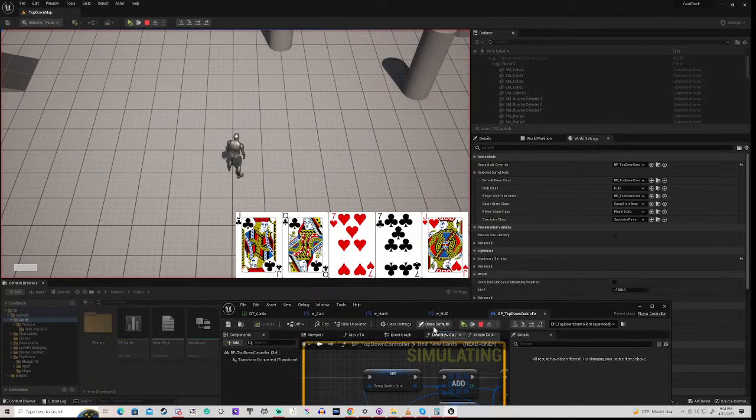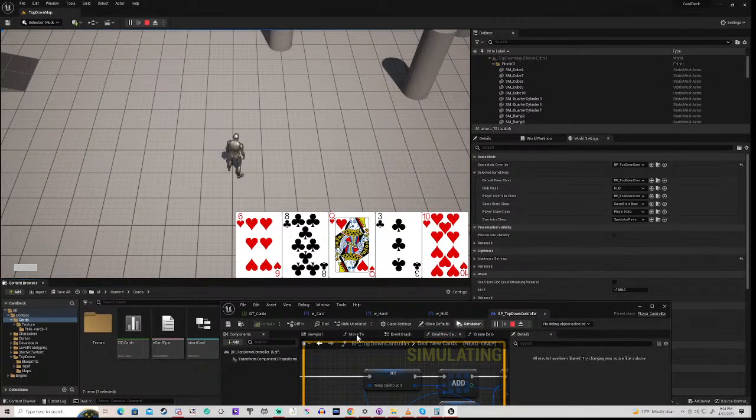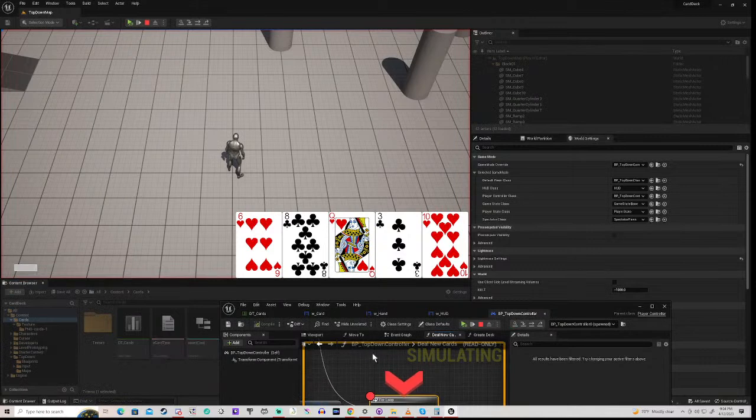So that's perfect, right? So this is not just picking random cards. Basically what it's doing is it's getting a set of cards, it's shuffling them, putting them into a set order,